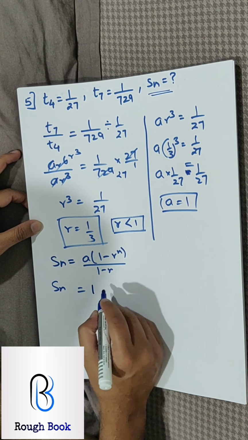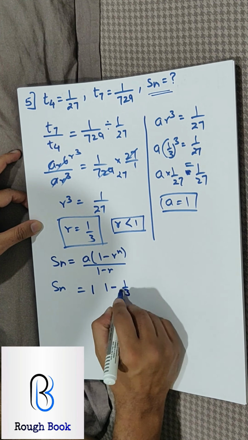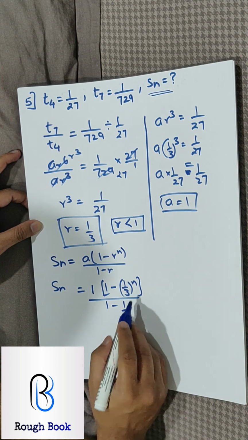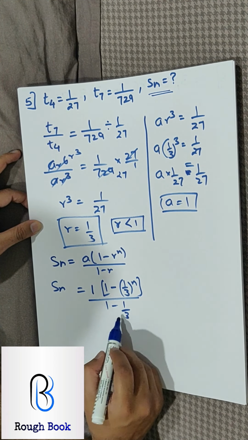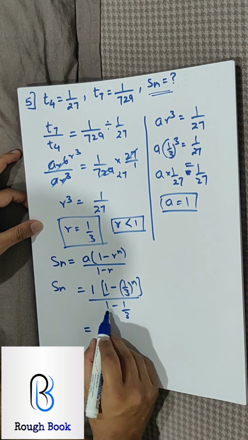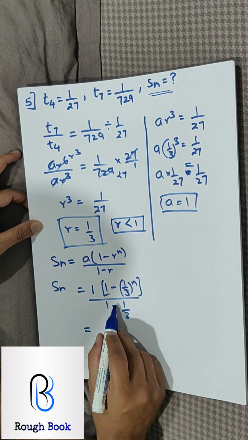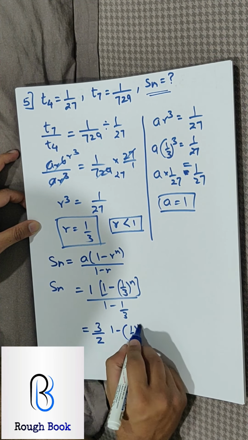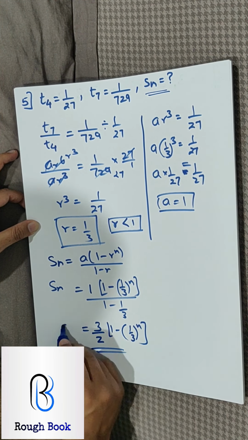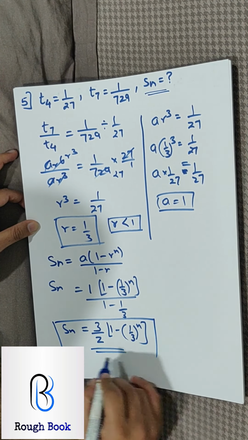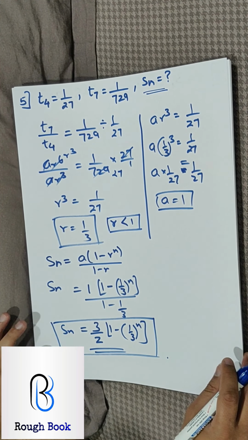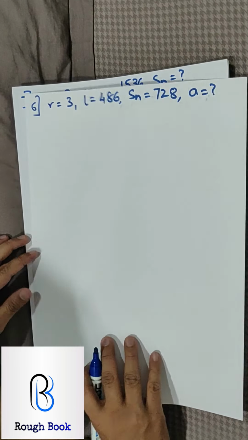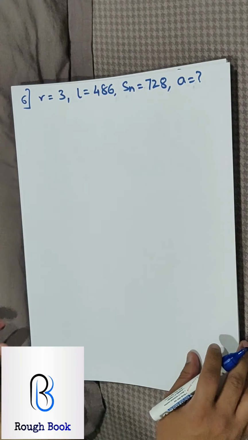Now substitute that 1 here. 1 minus r, 1/3 raised to n, over 1 minus 1/3. This you will not solve, but this you solve with reciprocal and product. So 3 minus 1 is 2 by 3. 2 by 3 goes up, so 3 by 2. That's it. So we managed to get our Sn. How many of you managed to get this general term? Super. Good job, guys. Come on, sum number 6.